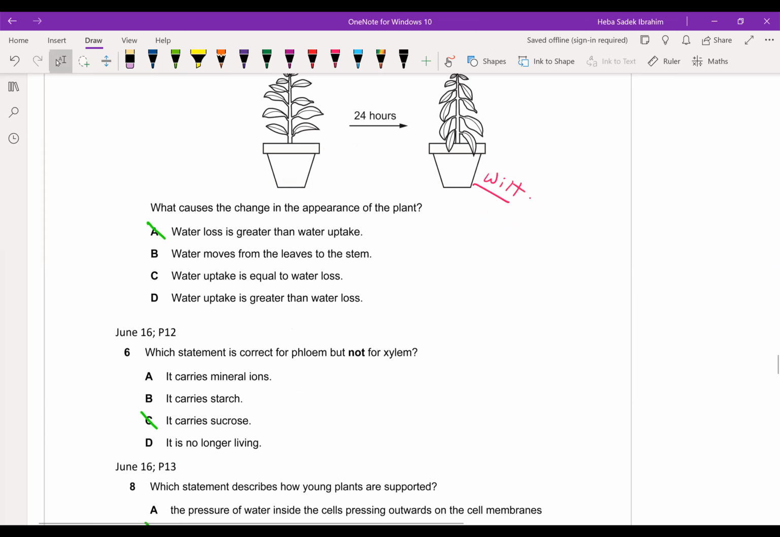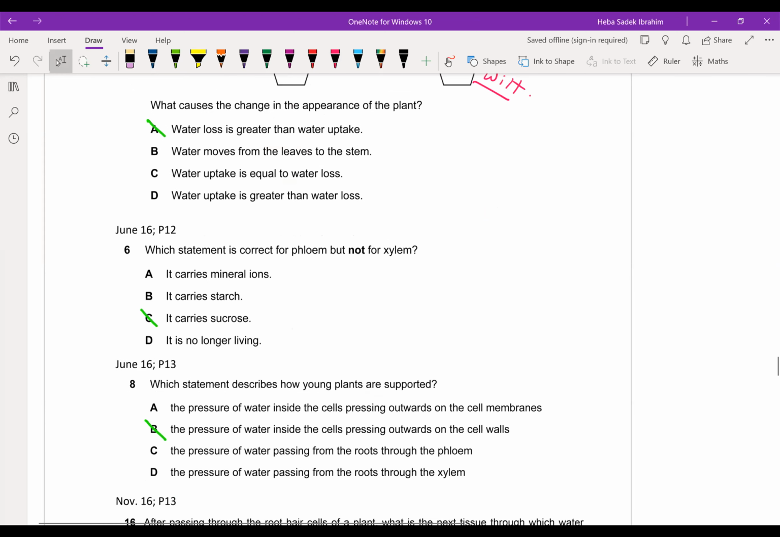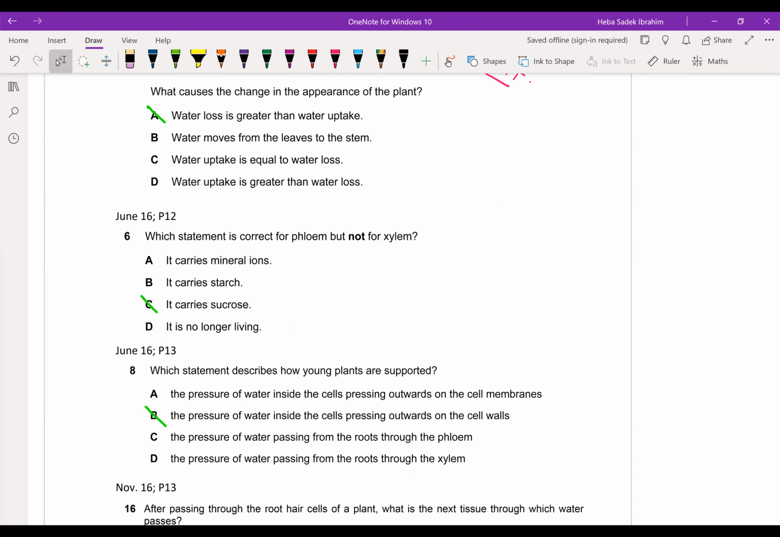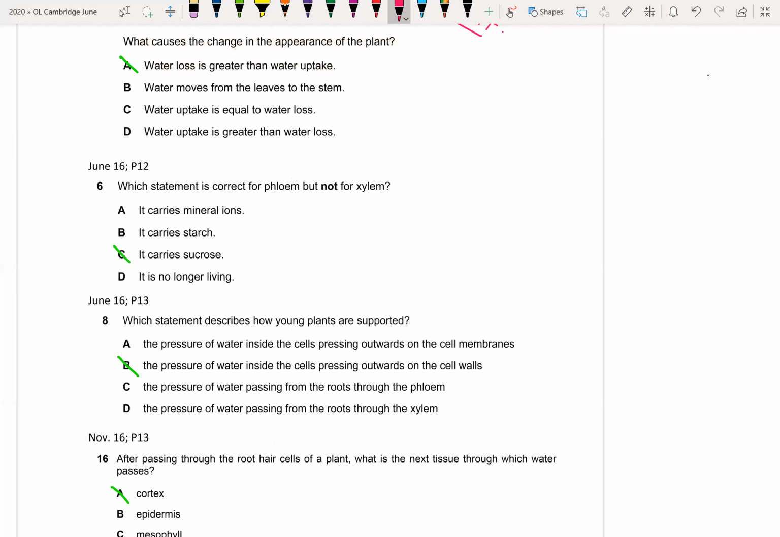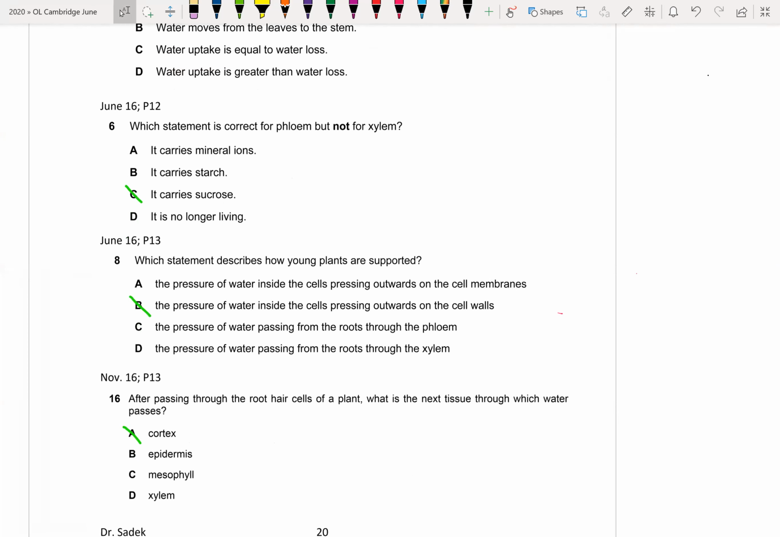not for xylem? Which statement is correct for phloem but not for xylem? It carries mineral ions, no. It carries starch, no. Phloem carries sucrose, that's a fact. Carrying minerals is correct for the xylem. Carries starch, no, neither of them carries starch. It is no longer living, that one is xylem tissue. What is correct for phloem vessels? They carry sucrose and amino